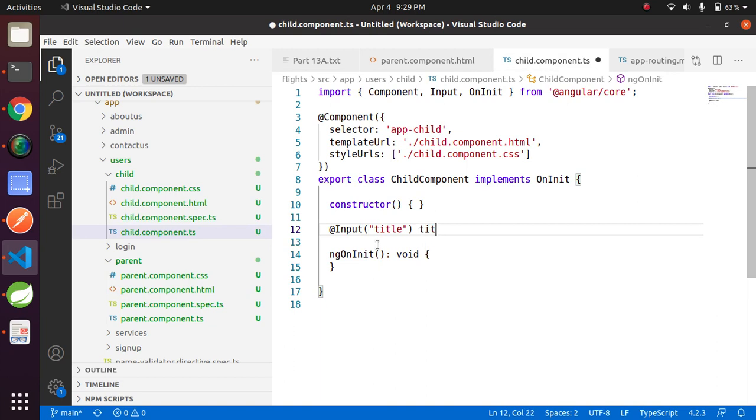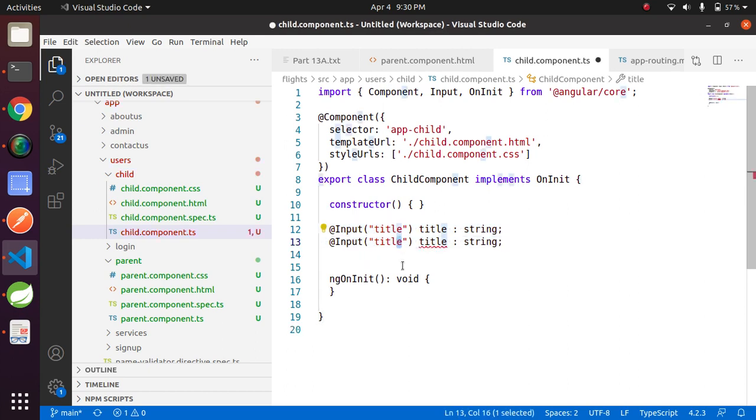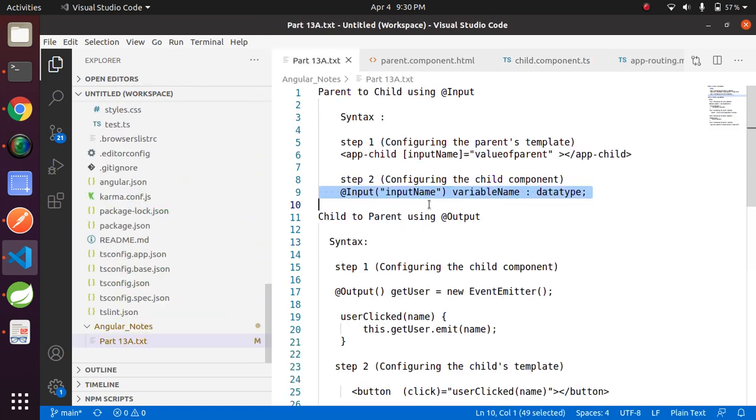I am taking the same here. You can use another, but I am taking the same variable name, and providing the data type string. For the text as well, copy this, paste, and provide the text here. The second step we have also done.